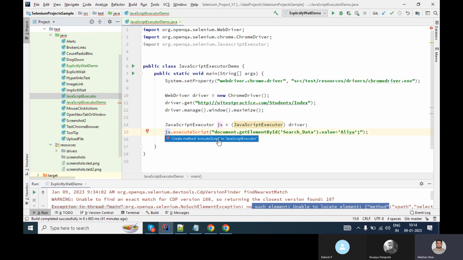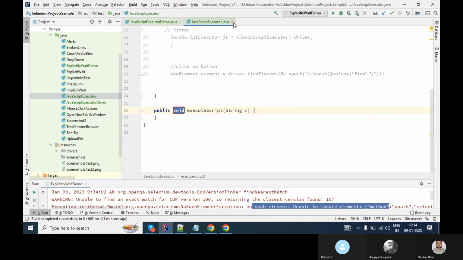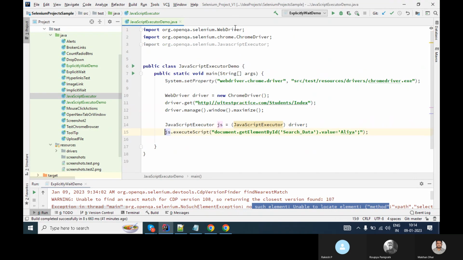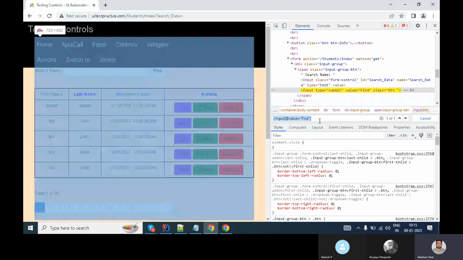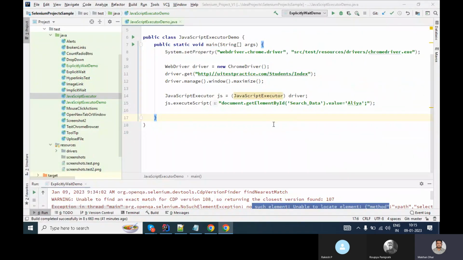Create method. Okay, so let me check with this one. For example, if I want to click on this method, basically click on find. So for clicking, what I have to do,